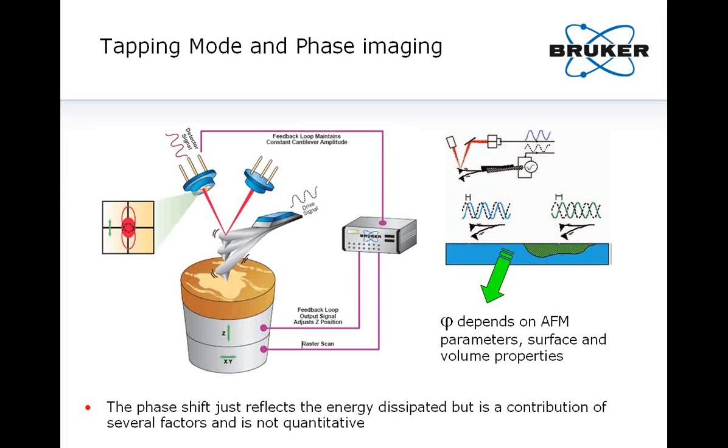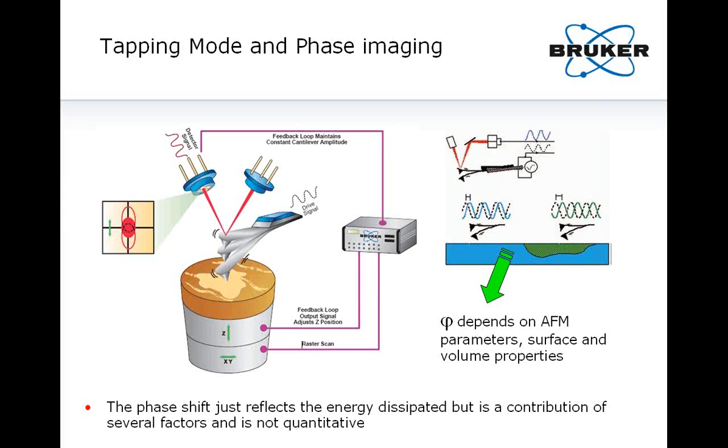So a laser beam is sent to the back of the cantilever, which is normally reflective. It can be coated with aluminium or gold. And as soon as the cantilever gets bent by the change in topography, the laser spot will also be deflected, and its position on the photodetector will be changed. So this is how you can generate a 3D profile of the surface. So the primary goal of an AFM is to generate topographical data, but not only,